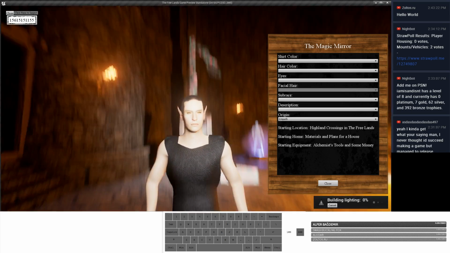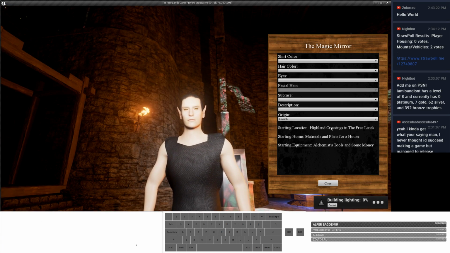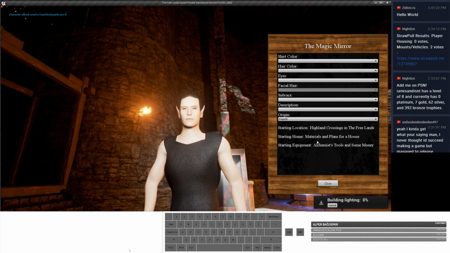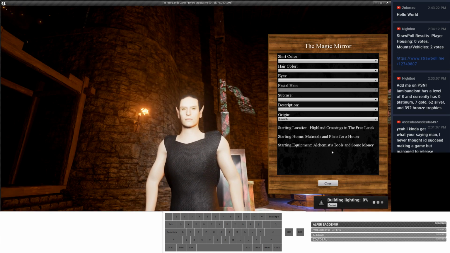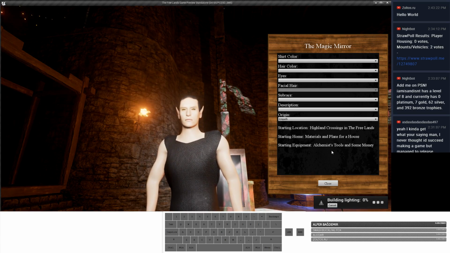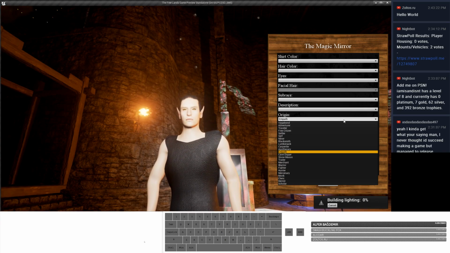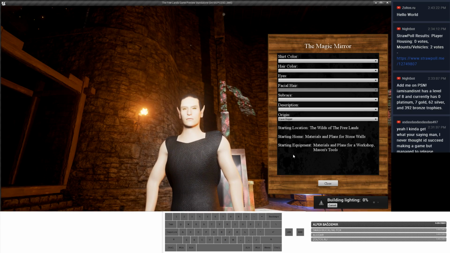So Empath. This is like an old school role in games, like Gemstone 3, Highland Crossings. In the freelance, you start in town with a house, alchemist tools, and some money. So these both are basically healers, if you will. This doesn't say that you have to use healing magic. This is just starting you with the ability to make healing potions and some money in town. So anyone could be an Empath, and in fact I'll make it possible to gain the title of Empath even if you don't start as one. And the same with all these. These are just titles that you gain by achieving goals in the game, and then you can call yourself the Cave Digger if you want.